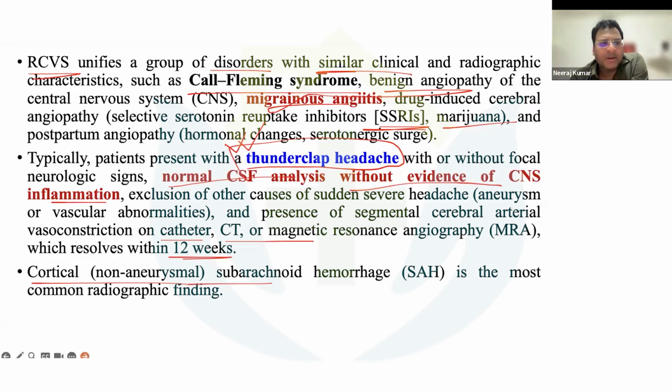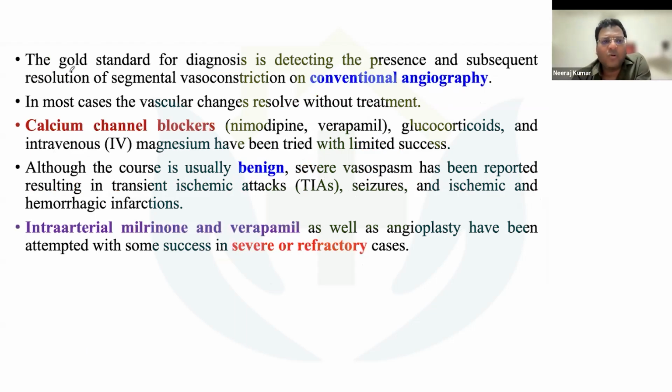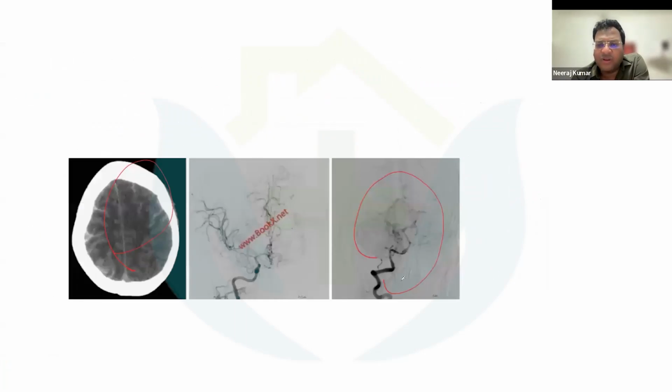Okay. Now coming to the next point. What is the gold standard for diagnosing or detecting these patients? Mostly you want to see the segmental vasoconstriction on conventional angiography. So this is the picture showing conventional angiography, in which you can see the cerebral vasoconstriction, which is responsible for lesser filling here. Many of the areas are not well filled because of that significant cerebral vasoconstriction. That's why the flow is not adequate. If you compare this flow and this flow, the adequacy of the flow is not there because